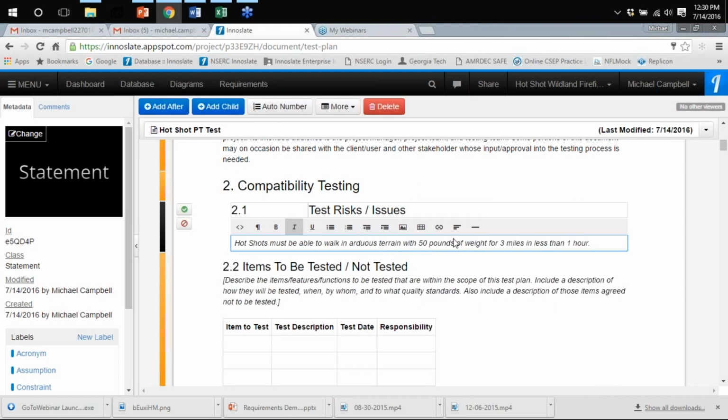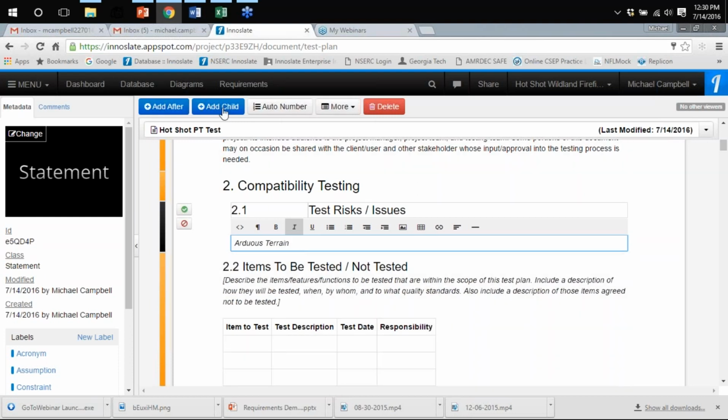And then we can start adding risks to these test risks and issues, where the arduous terrain is now the risk. Based on that, you could turn your ankle, you could roll your ankles, you could fall down a 60% incline of a steep hill. The weight could be too much and you could overexert yourself, strain your back. There's a lot of things that can happen as part of this risk. So really, in actuality, the test risk would be the arduous terrain as one, and then I can start adding more children to that